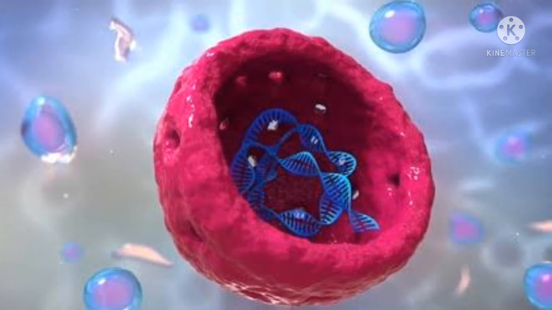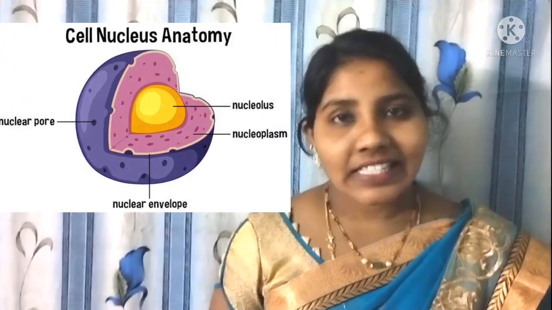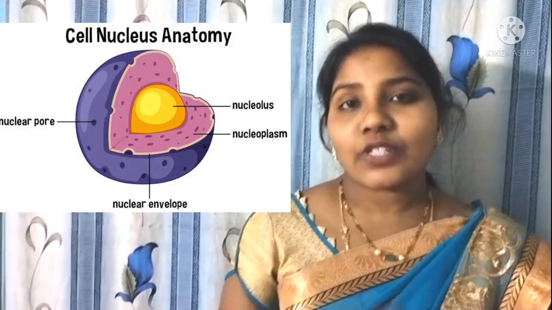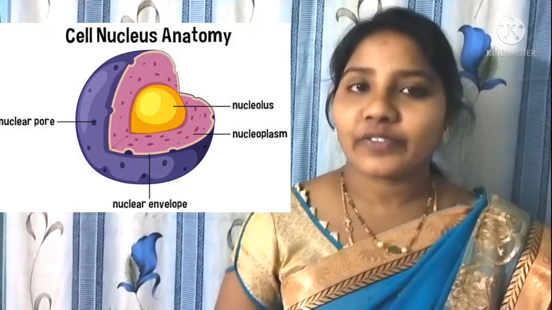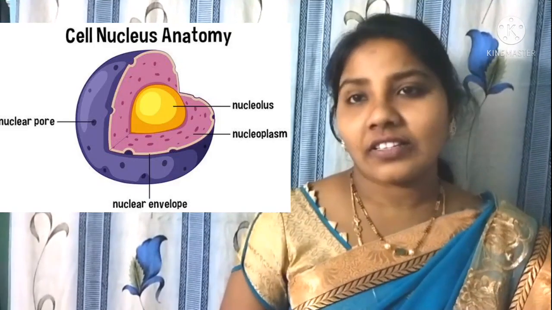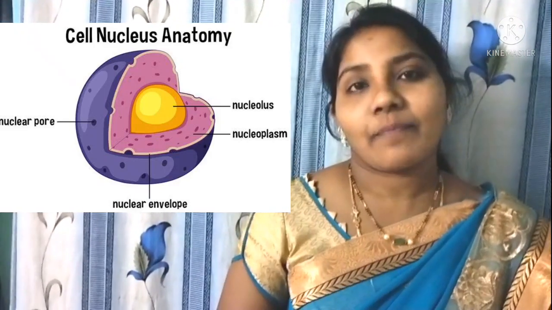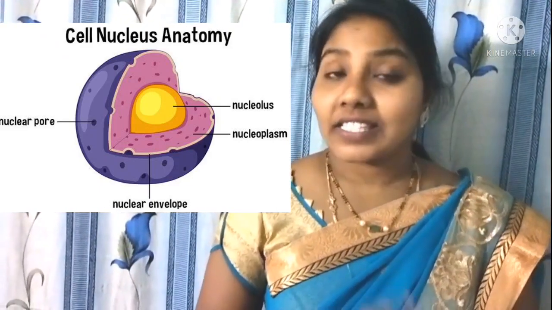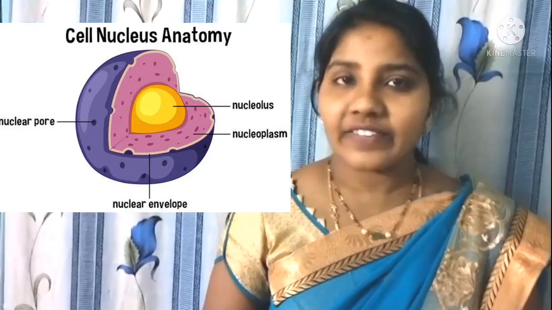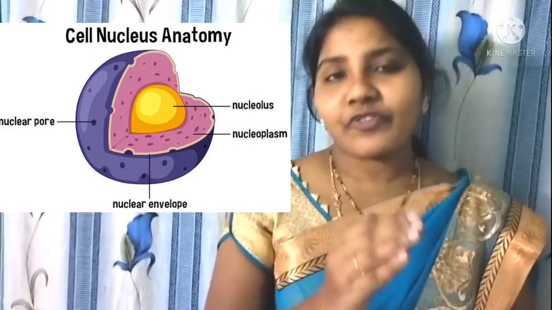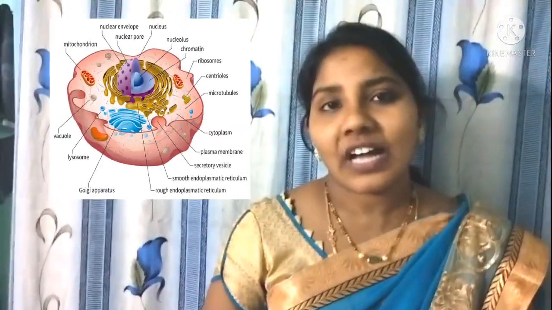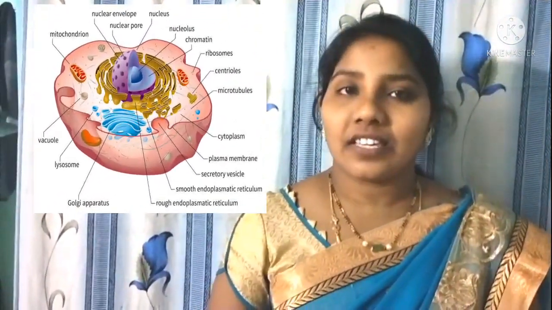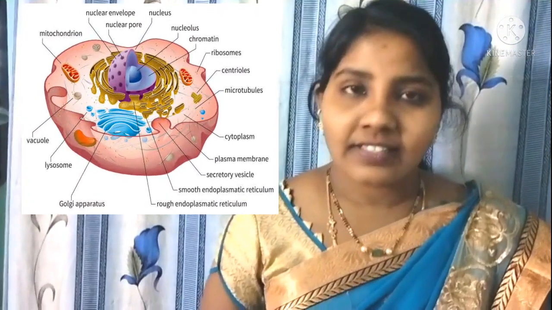So just recollect your knowledge. Nucleus functions. The first major function is that the nucleus supervises the total activities of the cell. So it is supervision, that's why it is called the master brain or the main cell organelle. The second function of the nucleus is cell division. By cell division, the information is transferred from one generation to another generation. So the main reason for this activity is the nucleus.